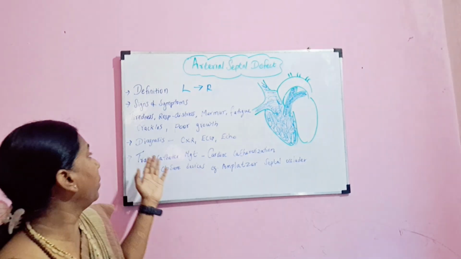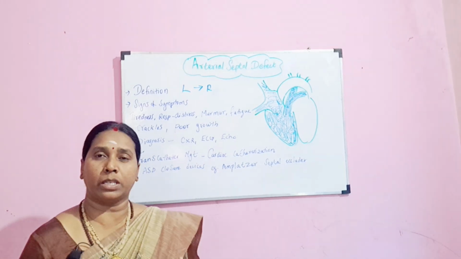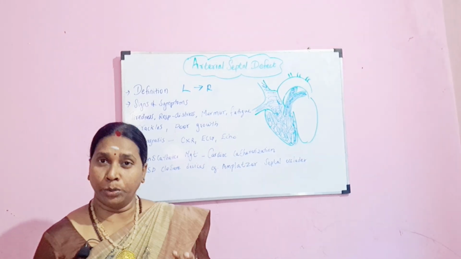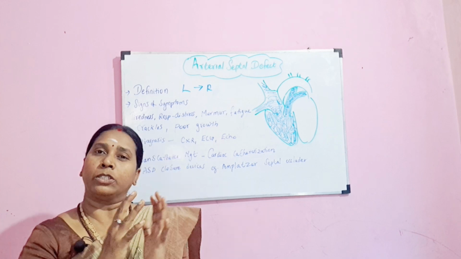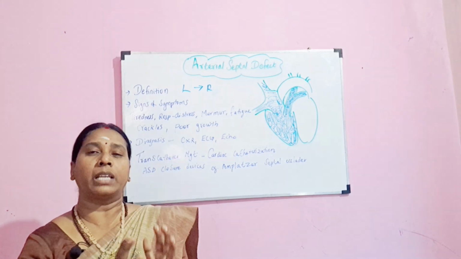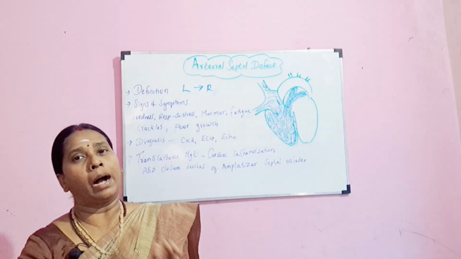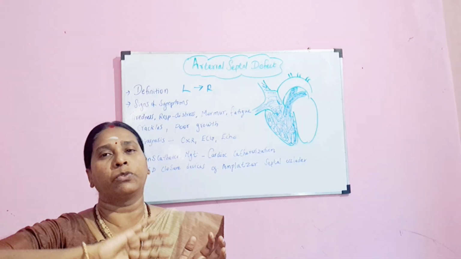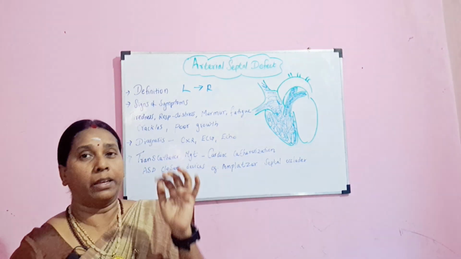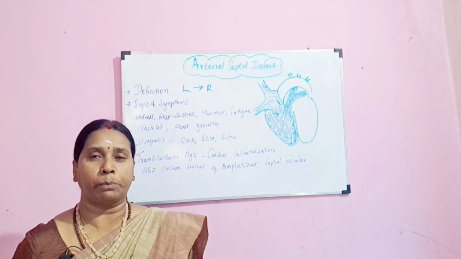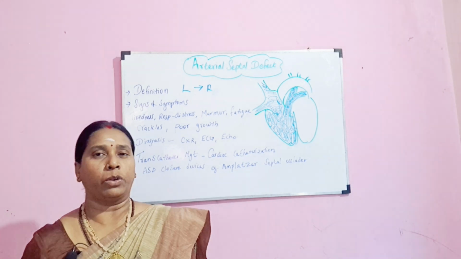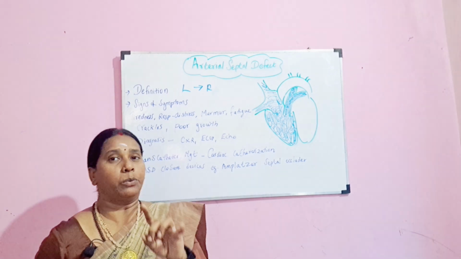And then we have diagnosis. The usual diagnosis is chest x-ray. When you do a chest x-ray, as we have already said, the right side of the heart is going to be enlarged, because it is working too hard to push the blood to the lungs for purification. So there will be right ventricular enlargement, right ventricular hypertrophy, and right ventricular failure will be present. That will be reflected in the x-ray.